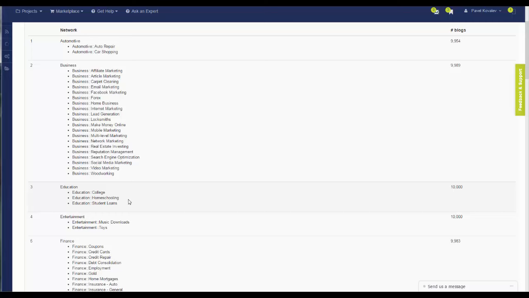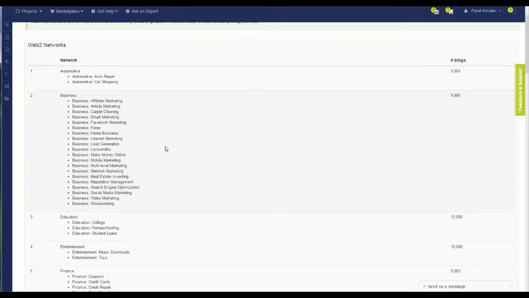Of course, there is a disadvantage of using shared networks compared to your own: if you are building your own lower tier, you can take care of them better and send better content. But another advantage of shared networks is that you don't need to do preliminary indexing of them, because of the volume of posting and the regular content posting, the majority of the blogs are already indexed in the shared networks. While if you build your own tier 3 networks, you need to also take care of the backlinking